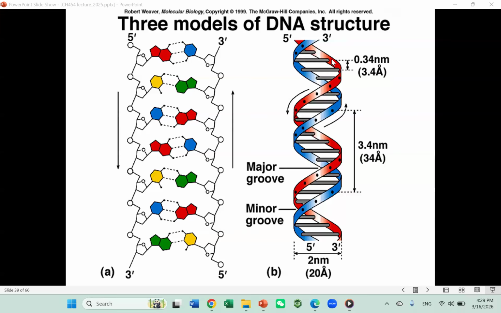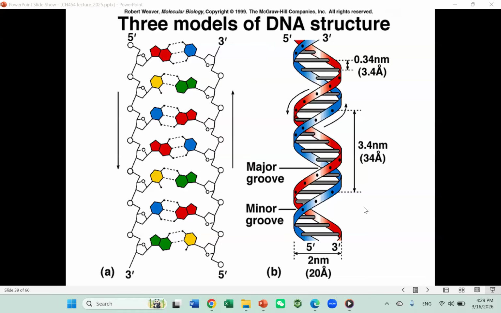The distance between two base pairs is about 3.4 Angstrom. And because one full turn of the DNA is about 10 base pairs, that means one full turn of your DNA is about 34 Angstrom. Please recall these three numbers, because I may test them in the quiz on